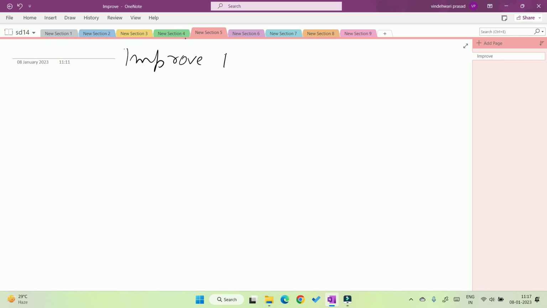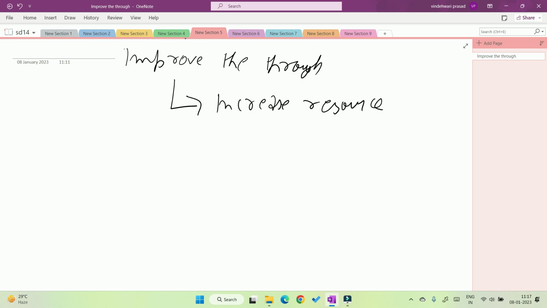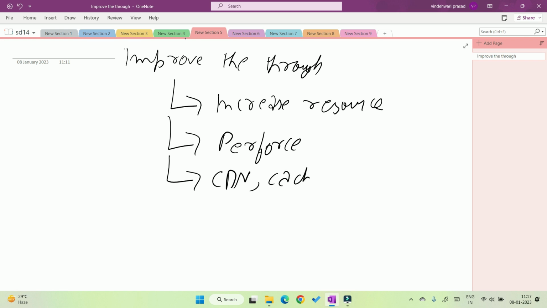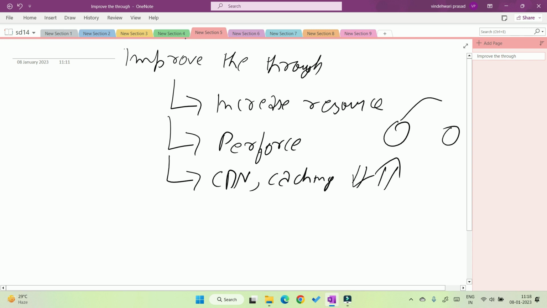So basically we can improve the throughput by some means. First one is increasing resources. If we increase the number of machines, the throughput gets increased. Performance, if we increase the performance of each machine, or we help by CDN caching, because CDN caching decreases the latency, throughput gets increased. Because as a user, if my server is present nearby, requests come very fast, so